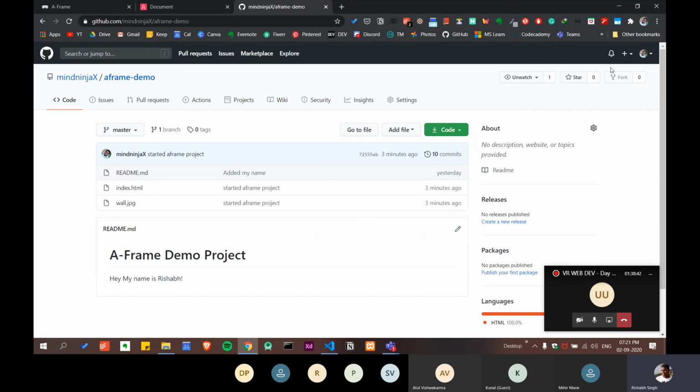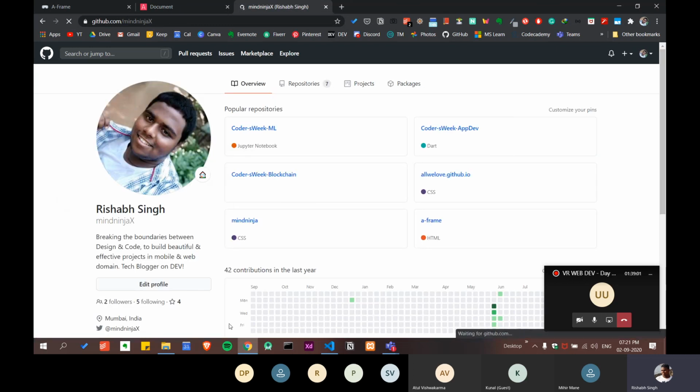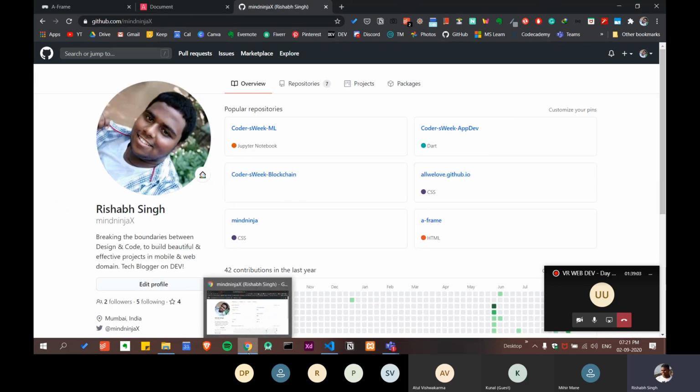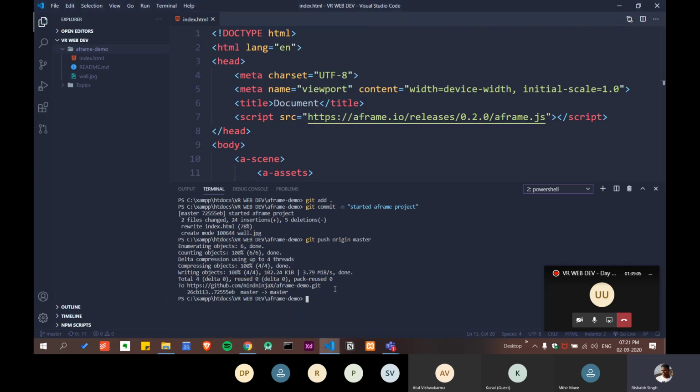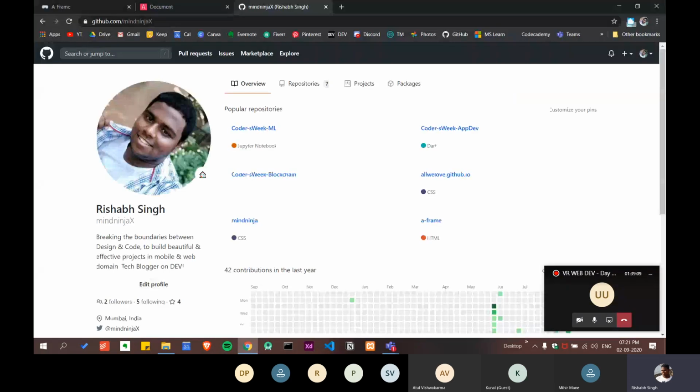And as you can see, it is currently disabled for me because of course I cannot fork my own repository. I can fork someone else's repository, but I cannot fork my own repository. So if you want, you can try this, and if you have some problem, of course you can always ask me, no problem. And yes, okay, so we are done. Let me just go back, and let me just close everything. Let me just close this.